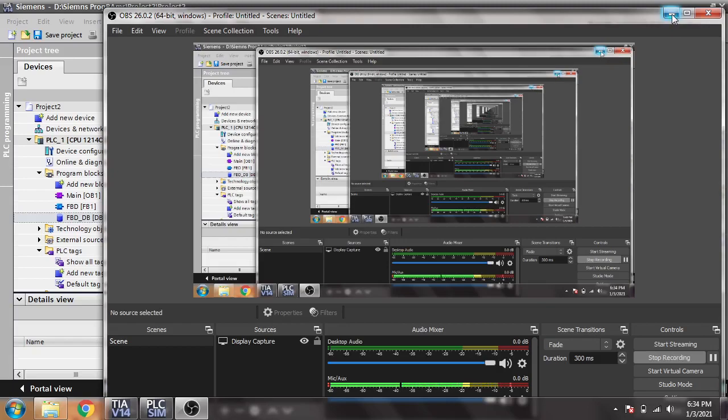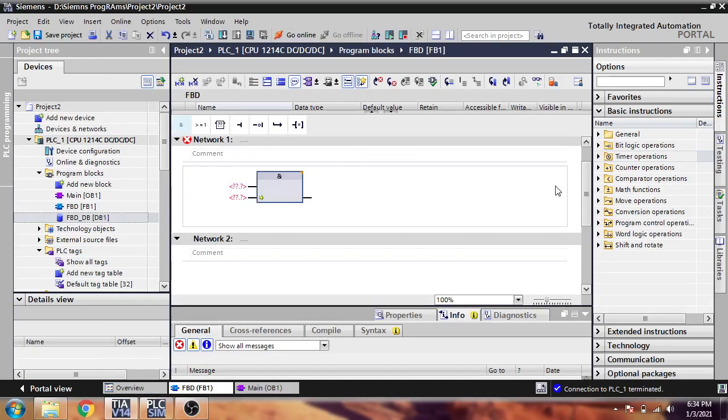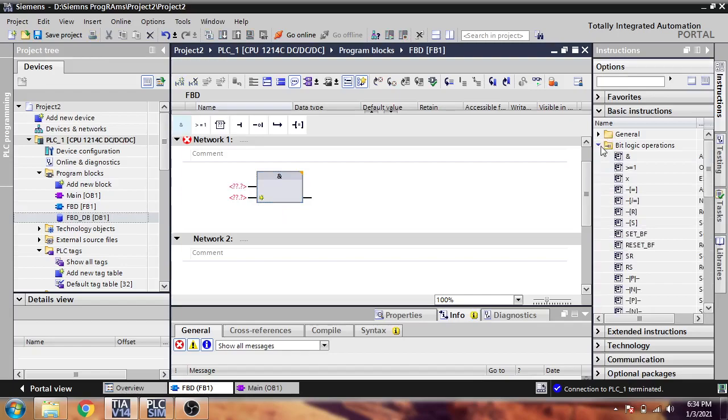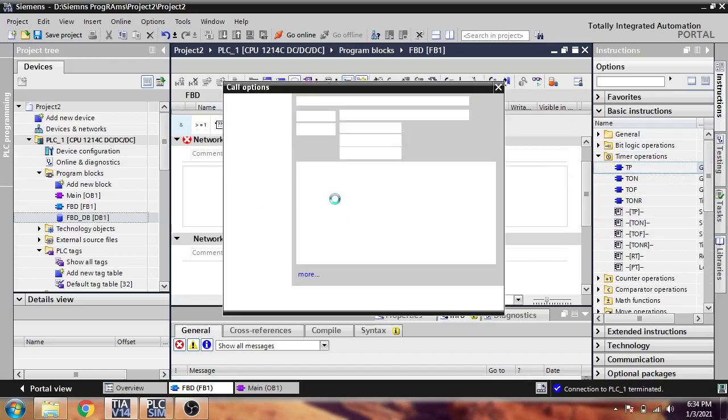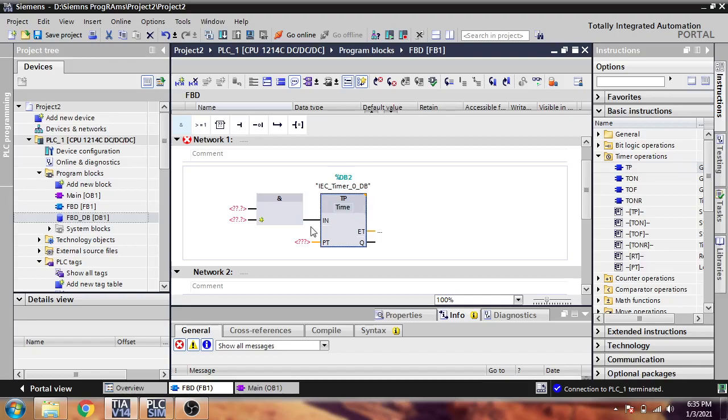So you must turn up the volume of your speakers. I will just give you some hints. So let's see, it is my end, and how you are going to use a timer. First of all, you will go there and make a timer there. So I think you will understand how I am going to paste a timer there.